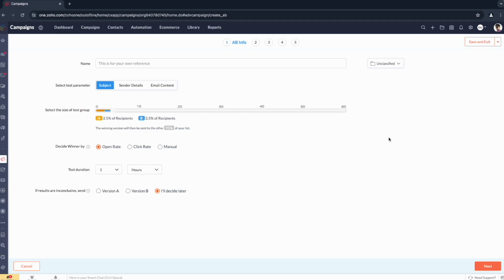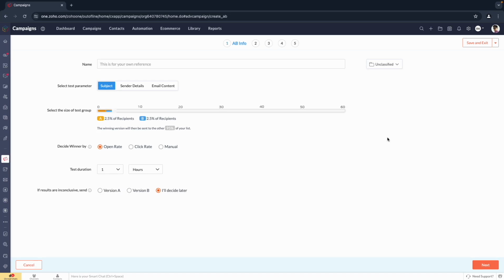Zoho PageSense allows you to do this kind of thing on your website, for example, regardless of where you're hosting it. So it could be on WordPress, Wix, Squarespace, Zoho Sites, wherever. PageSense is able to create an additional page that looks like your page, host it in PageSense, and create that A/B test when people visit it. So a lot of different A/B testing functionality in the Zoho suite. I'm not going to get into anything here because we have some idea of how this works, but this is just one more kind of campaign that we can run.